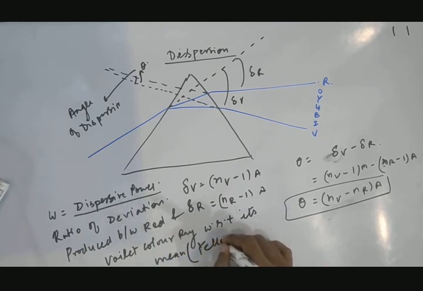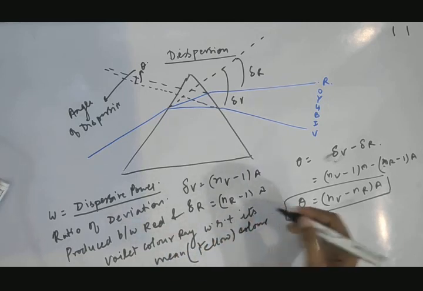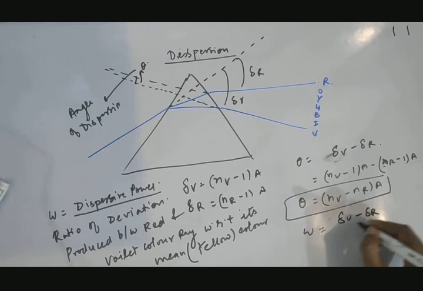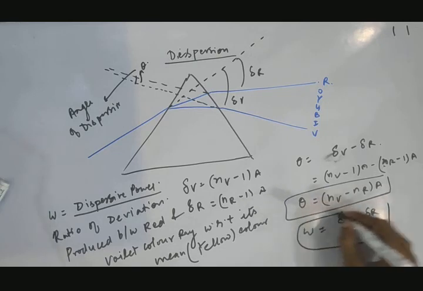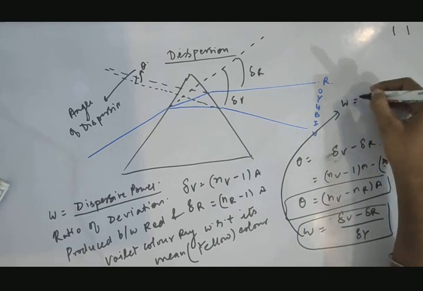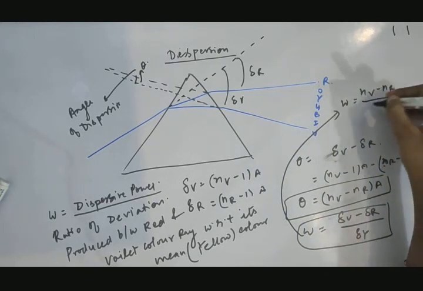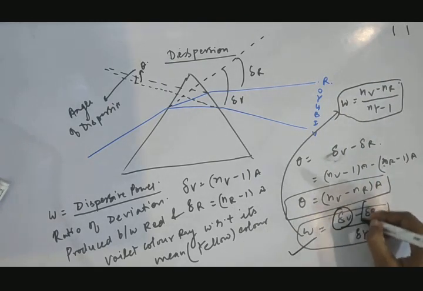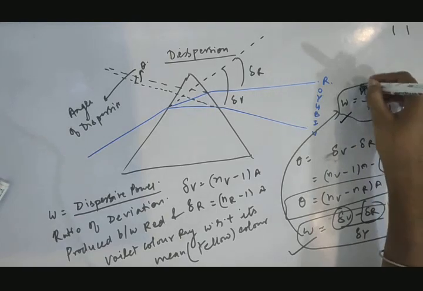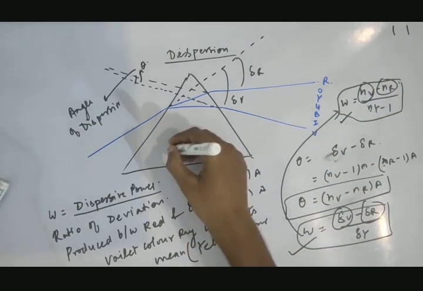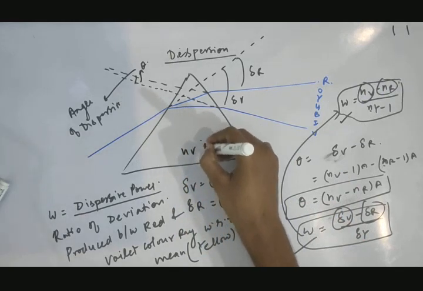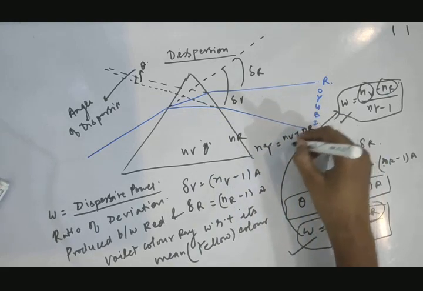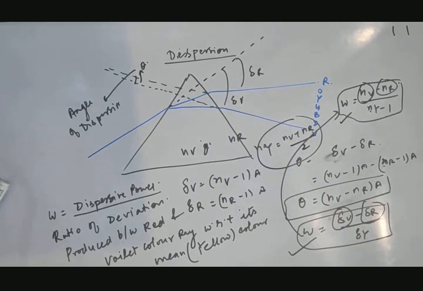What is the mean color? Yellow color. So dispersive power omega is equal to the deviation produced by violet and red with respect to yellow color. Substituting the formula, omega equals (nb minus nr) upon (ny minus 1). If the value is given in the form of deviation, this formula will be suited, and if the value is given in the form of refractive index, this formula will be suited. If nb and nr are given, then ny can be (nb plus nr) divided by 2. So this is how you need to proceed in this chapter.